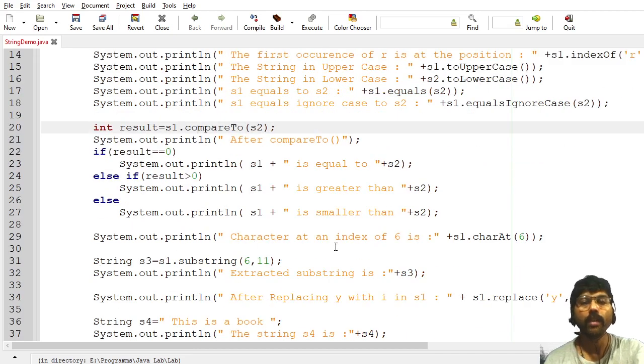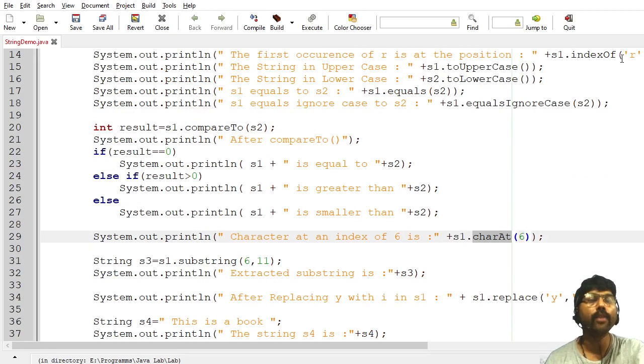Next one is called charAt. Now I used indexOf for finding the location of the character R. Now I know the location, but I don't know what the character is at that particular position. It's a little bit the opposite of indexOf.